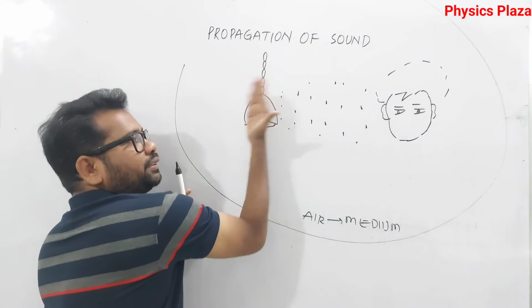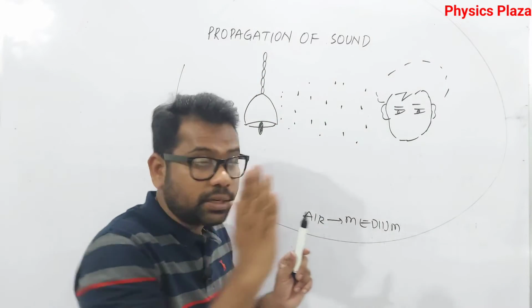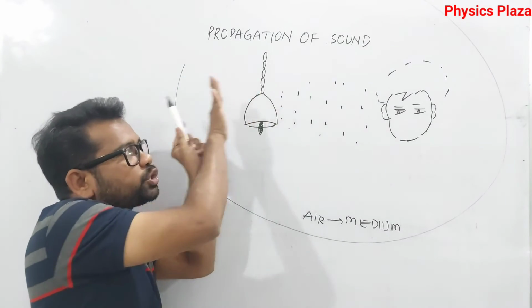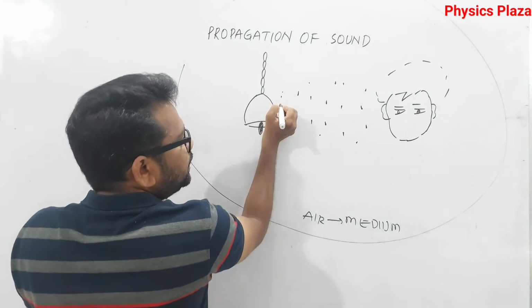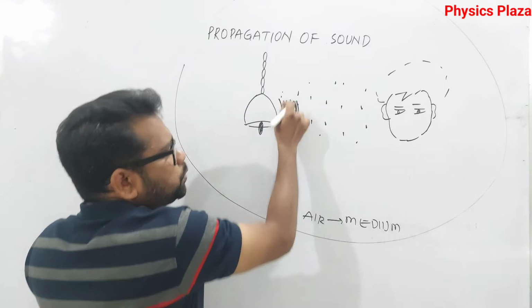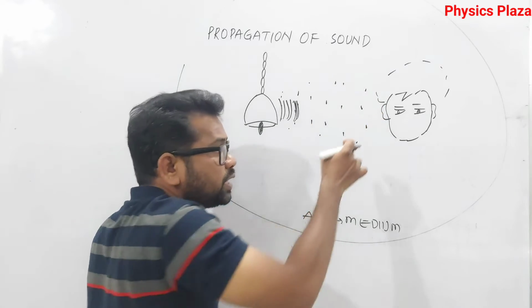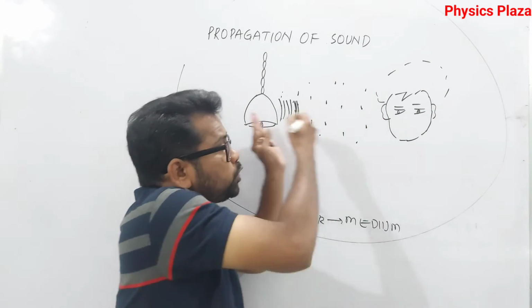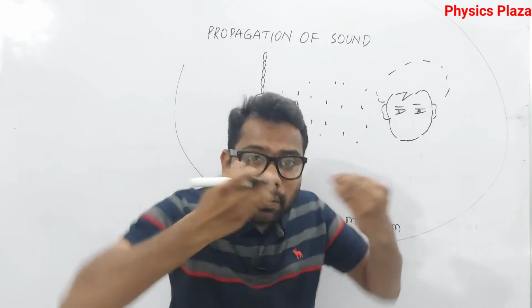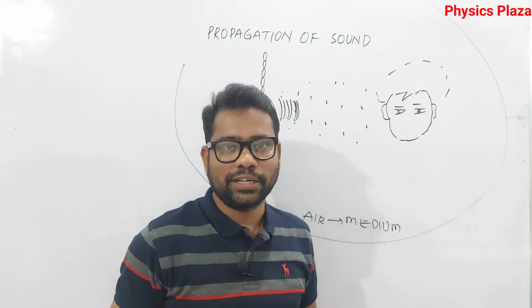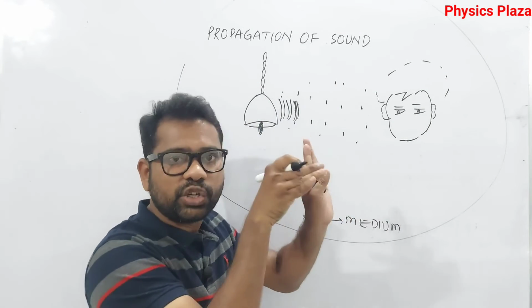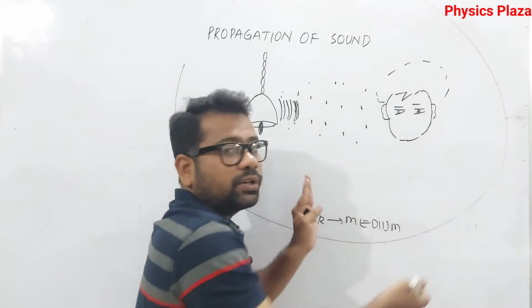It will be vibrating like this, to and fro, which we discussed. Means what here? It will give a push. So all these molecules will come closer. Again, these molecules will push other molecules. So this is how that push is carried. Push is what? The energy. The vibrating body is disturbing the medium where it is vibrating. It is just disturbing the molecules. Disturbing the molecules means it is giving the energy. That energy is transferred.